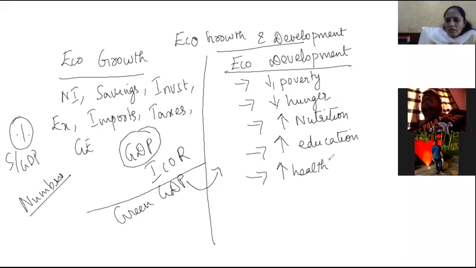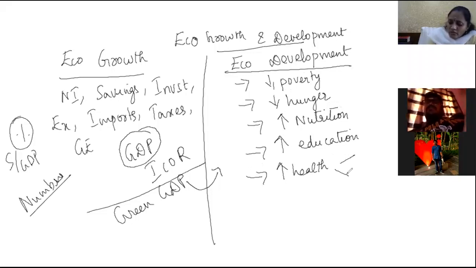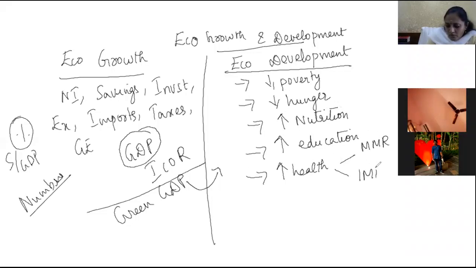There are two major Millennium Development Goals, which have now become the Sustainable Development Goals. Do you know these two keywords? MMR, IMR, right? Do we know these words? MMR, maternal mortality ratio. IMR, infant mortality ratio, right? So these are the major health indicators which we have to attend to. I'll tell you the definition of everything. Please wait. Right? So we have spoken about education, health, nutrition, poverty, hunger, reduction of unemployment,